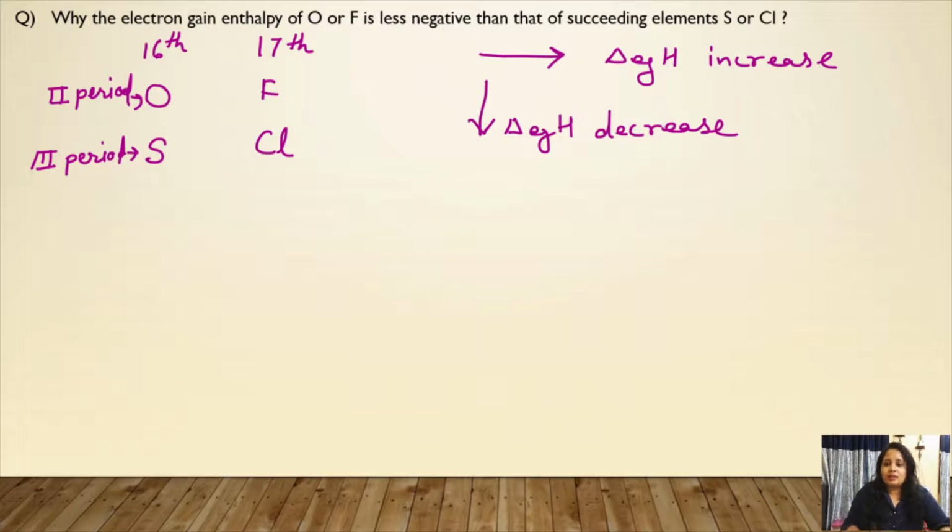Size in the same period from left to right will be decreasing. Atomic size decrease, it means the nucleus has more power to attract the upcoming electron. So the nucleus will take it more easily. So the negative electron gain energy should be in the increasing way as the size gets shorter because of the